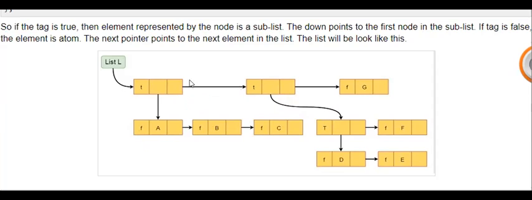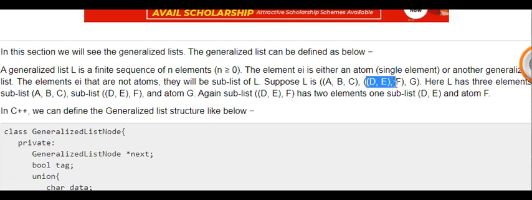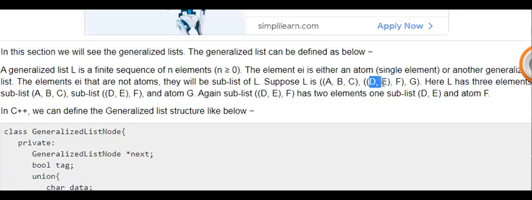Then the next tag item points to the second tag. How many lists are there in this tag? This sublist is divided into two sublists, D, comma E and F.